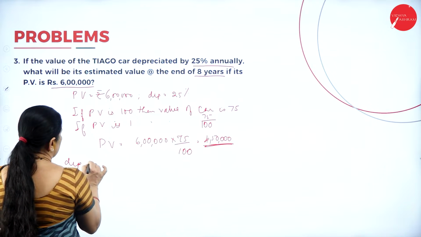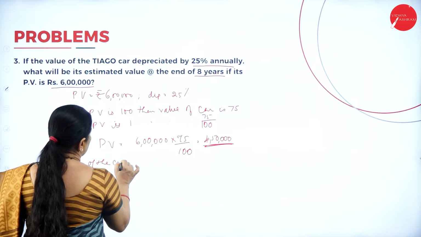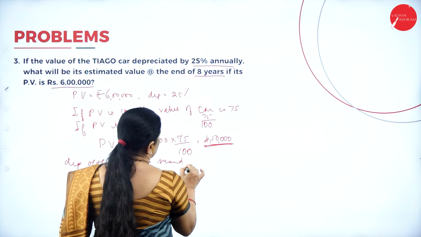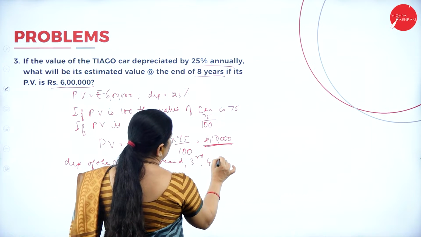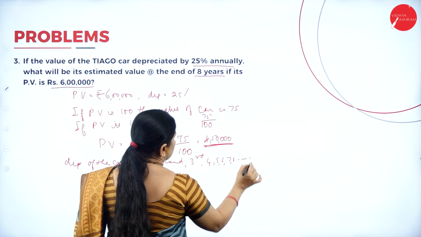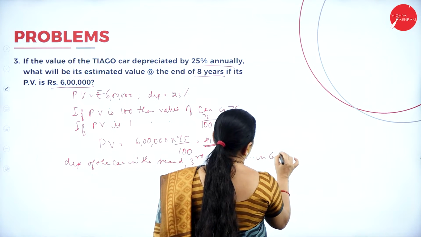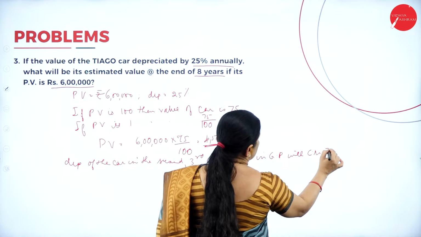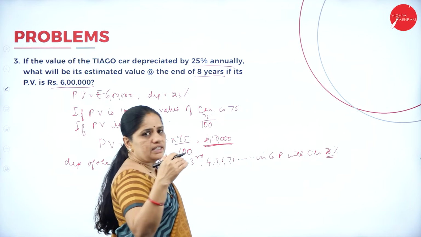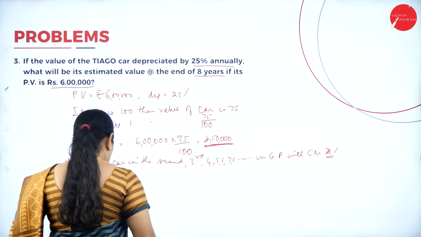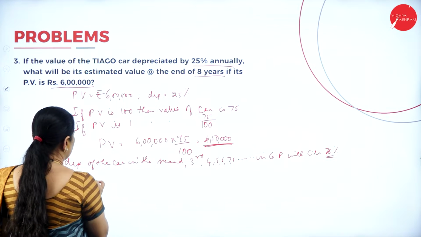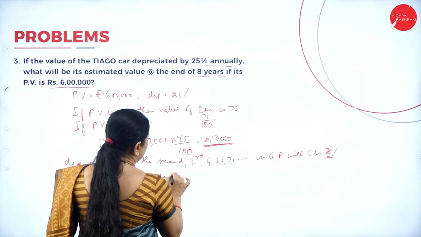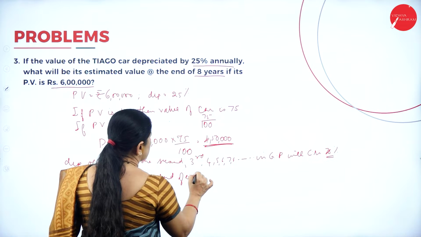So, the depreciation of the car in the second, third, fourth, fifth, sixth, 7, 8 years will be in a GP with common ratio as 75%. So, every year 25% reducing. So, we get, therefore, the value at the end of 8 years is